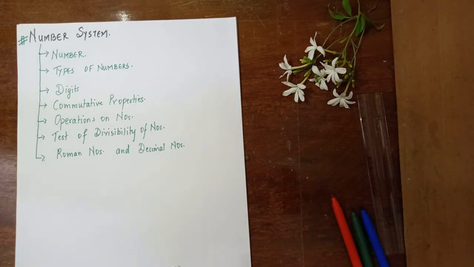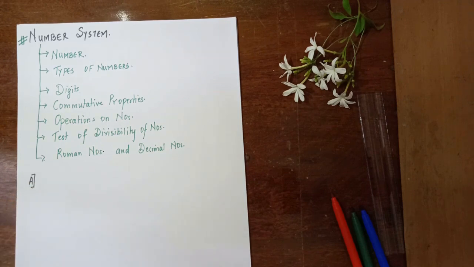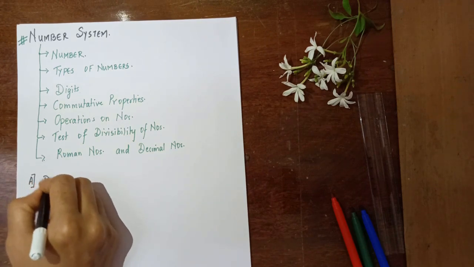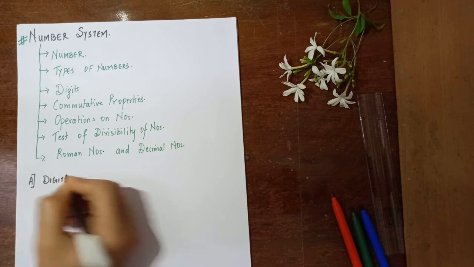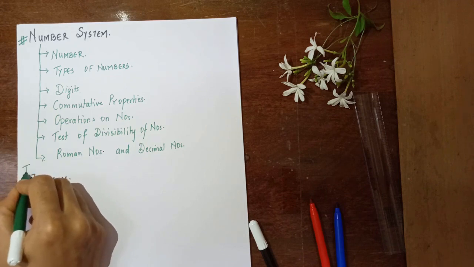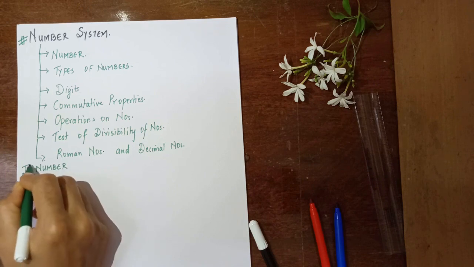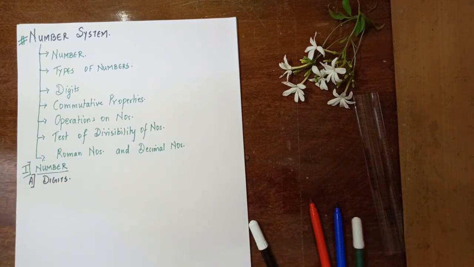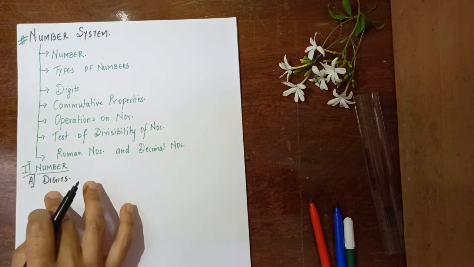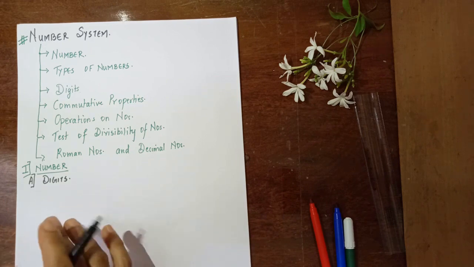Okay, so when we start with the number system, children, we shall be first starting with the numbers. The first topic for today, that is number A, is going to be the digits. So I have started with the number. I'll just write it down. I have started with the first topic, that is number. In number, we'll be starting with digits. There are subtopics in numbers, like we'll be talking about digits, we'll be talking about the value of digits, for example, the place value and the face value and sorts like that.